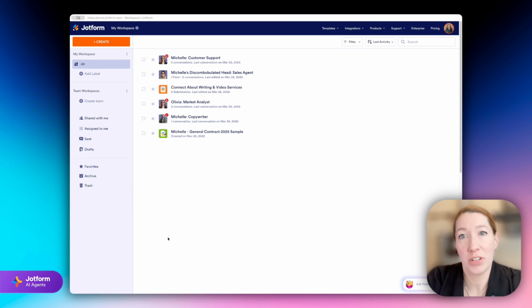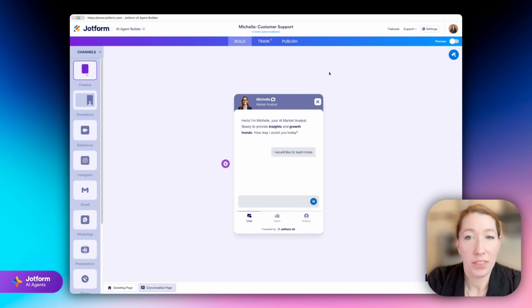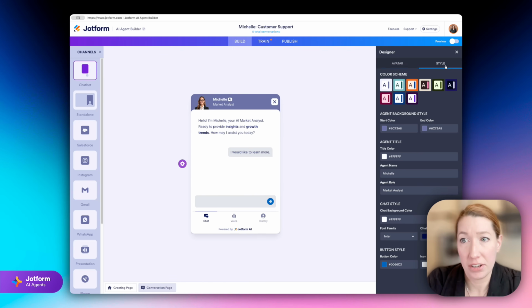There are lots of options for customizing your Jotform AI chatbot so that it aligns with your users' expectations and interacts with them in the way that you want it to. I'll show you how to set it up just the way you want. From your Jotform workspace, click Edit Agent for the one that you want to edit. In the Jotform AI Agent Builder, there are plenty of options for adjusting the formatting, colors, style, everything like that